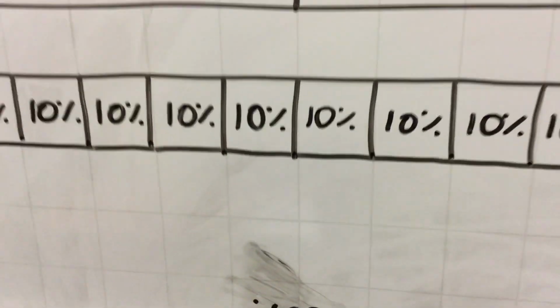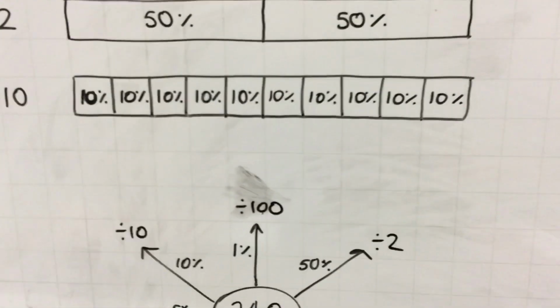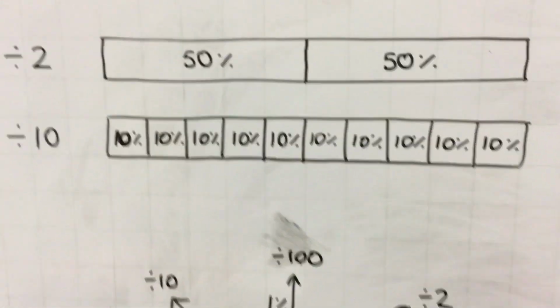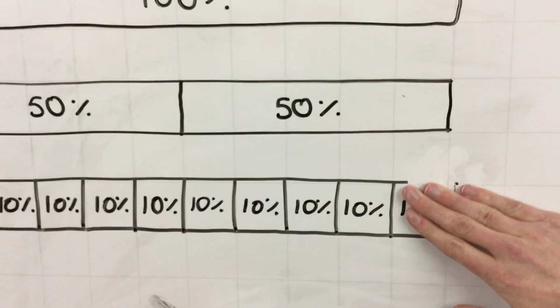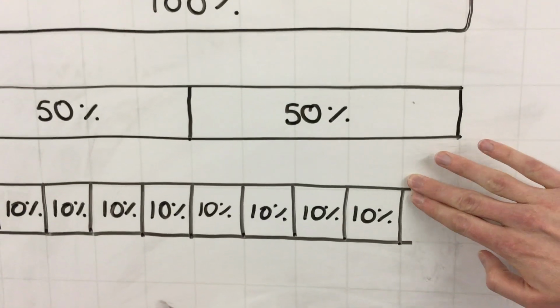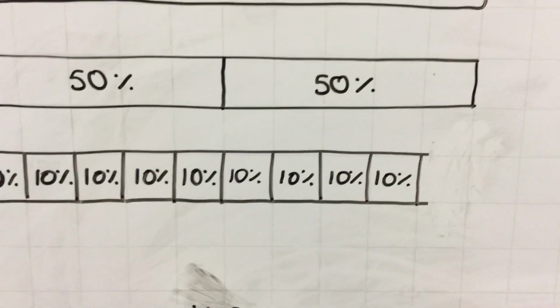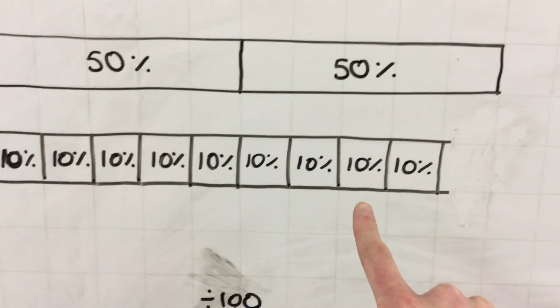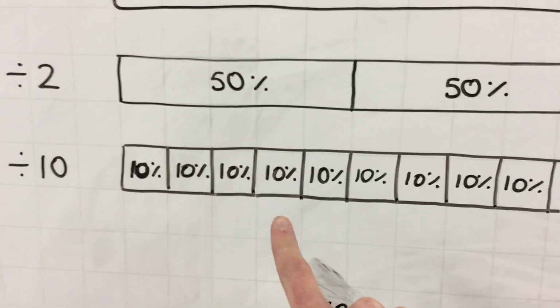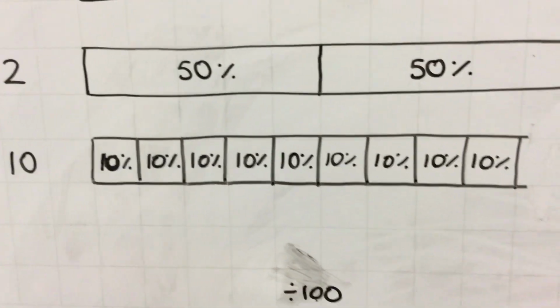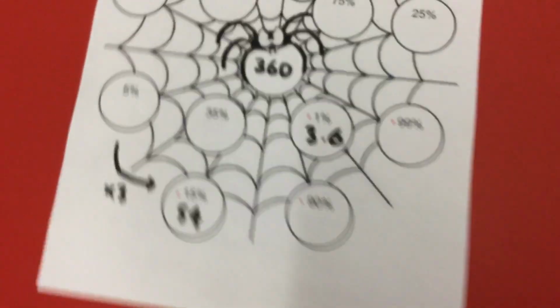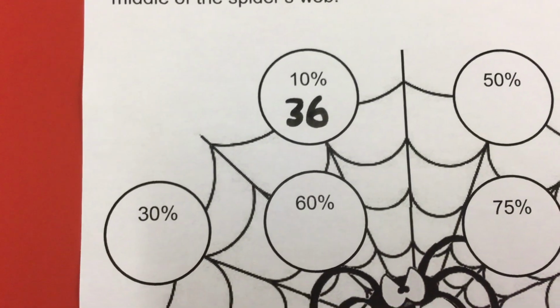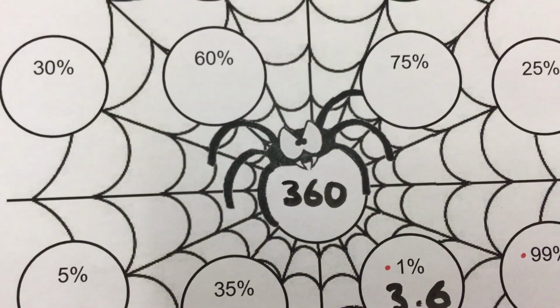Because if we look back to the board here, we've got our 10% there. If we were to take off 10%, we are left with, see if I line my finger up, 1, 2, 3, 4, 5, 6, 7, 8, 9 times 10, which is 90%. So if we go back to our sheet, and we know that 10% is 36, 100% is 360. If we do 360, take away 36,